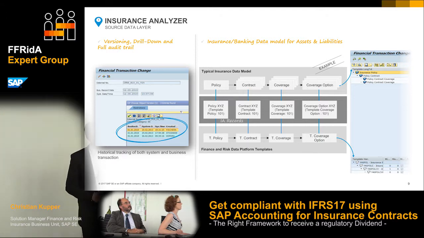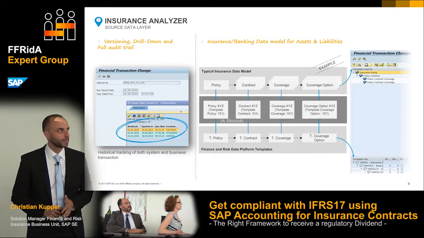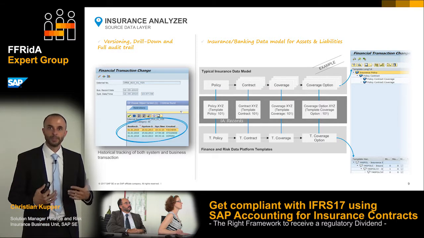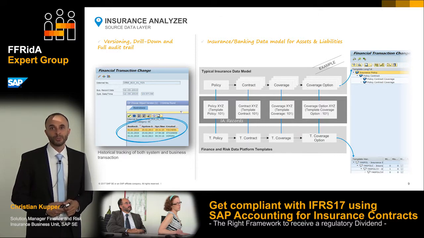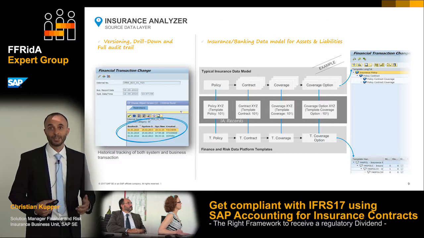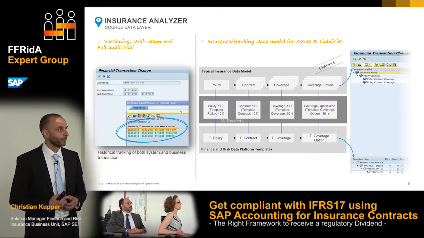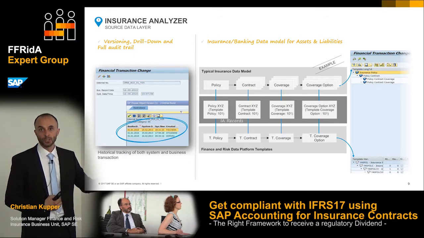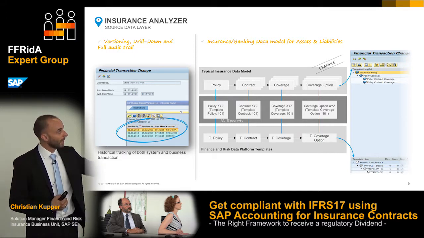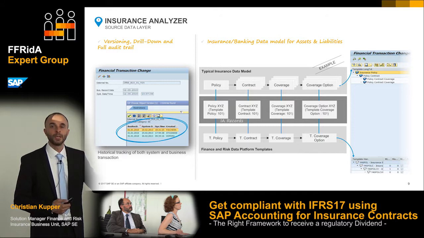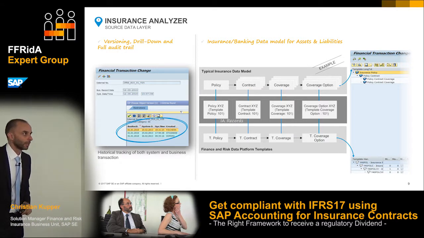Here, in the middle and on the right, you see our hierarchical data model. So basically, you have templates as displayed on the bottom right, which are there for different types of products. You can change it, you can adapt it, and the most frequently asked question is, can I put additional characteristics? Yes, you can. This template is, let's say, our suggestion for you. You can use it, you can change it, and you can enhance it. You have a multi-dimensional structure, so you have one policy that can consist of more contracts. You have 1 to n coverages, or you could even go one level deeper to sub-coverage level.